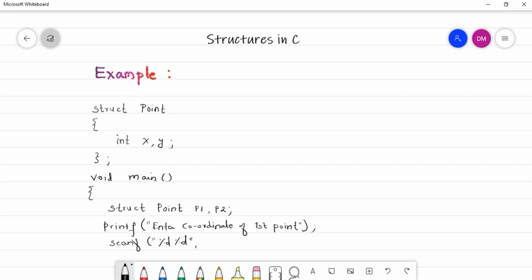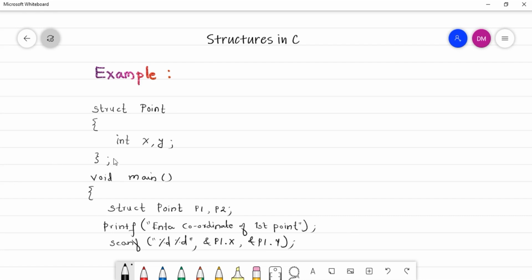Look here, we are actually accepting the coordinates of the first point, that is P1. For P1, we are going to accept two values x and y, which are of type integer. That's why I wrote %d twice. Then I have to say ampersand P1 dot x comma ampersand P1 dot y.